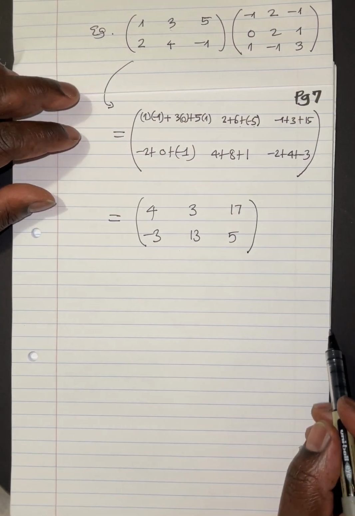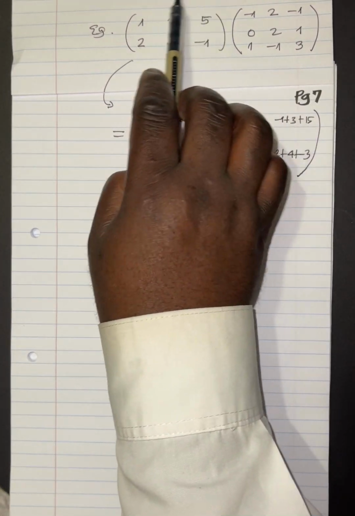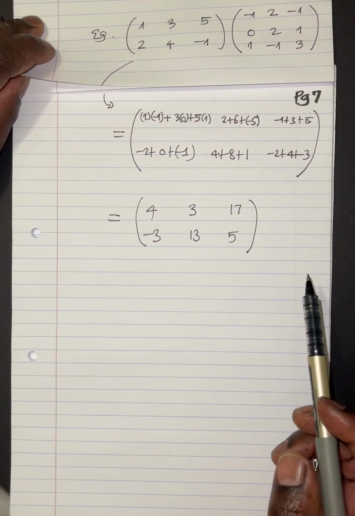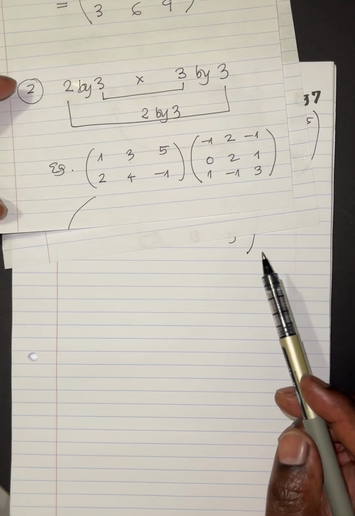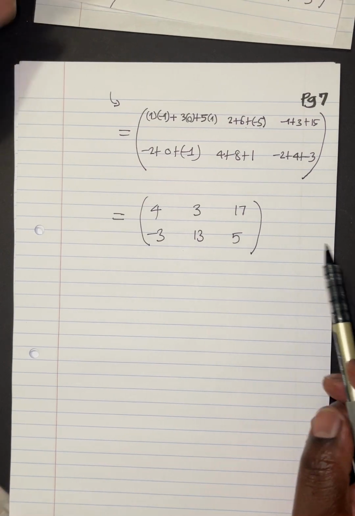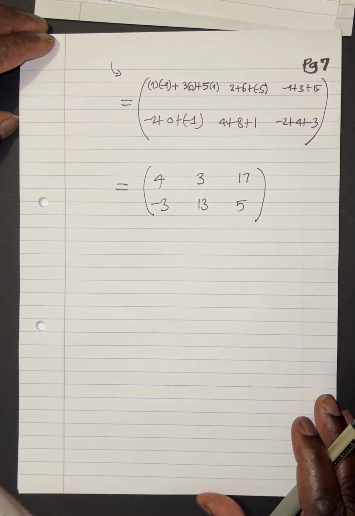What kind of matrix is this? It's a 2 by 3. Exactly according to what we said there at the beginning. So in general, from application of matrices, let me move this one up. We're saying in general,